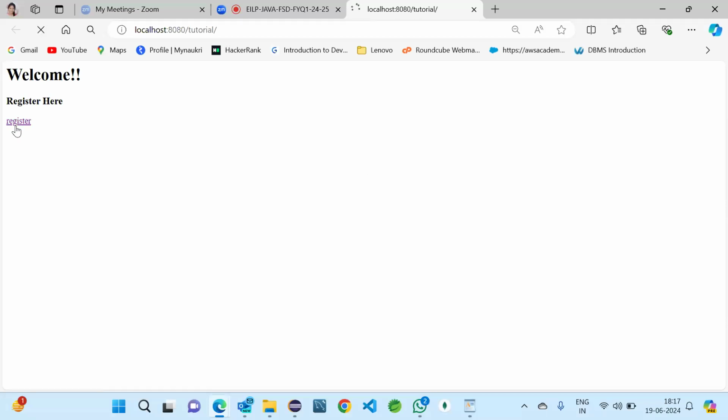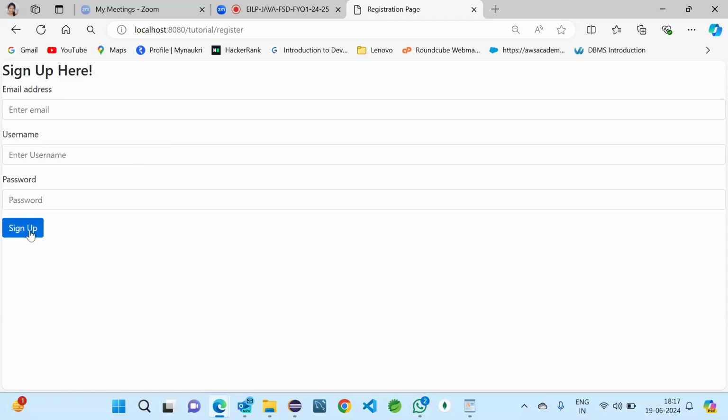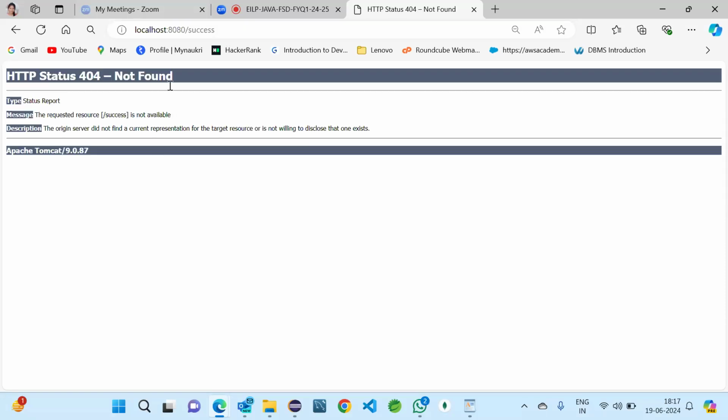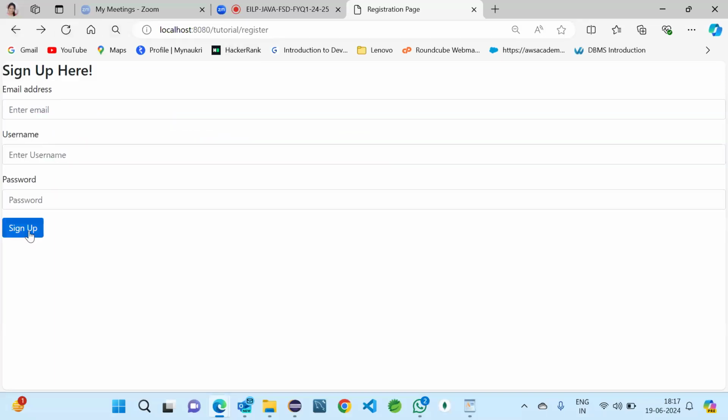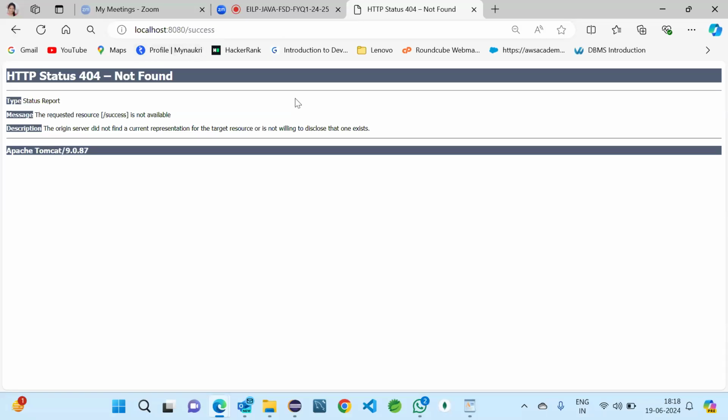Now click register, sign up. Why is it not coming? Actually, we are able to do the same thing for register, but coming to success only it is not. One second. Okay, it is tutorial slash register, but here it is only taking success directly. So we need to add that.